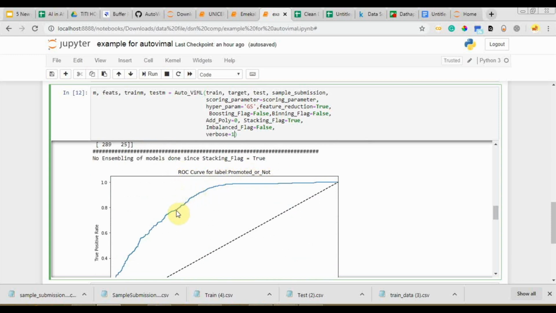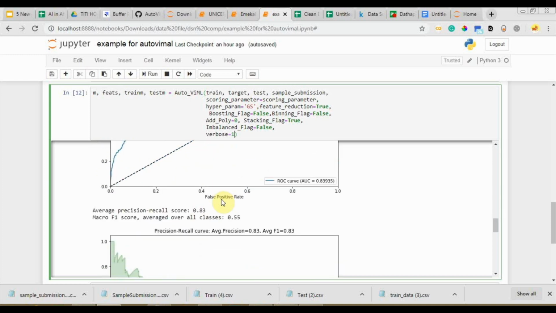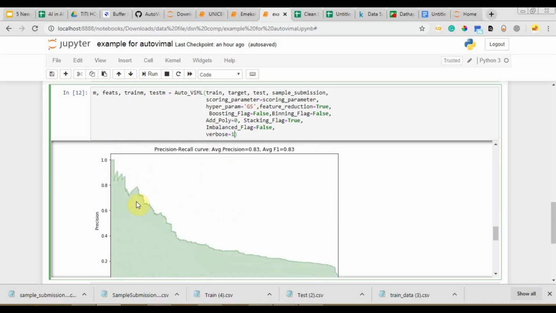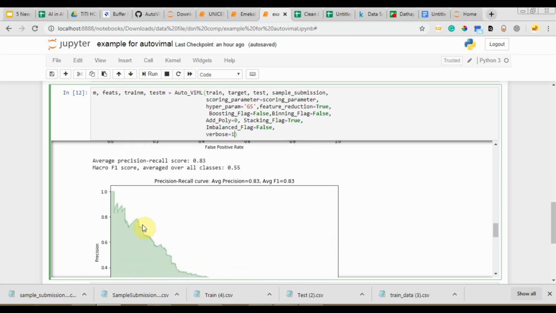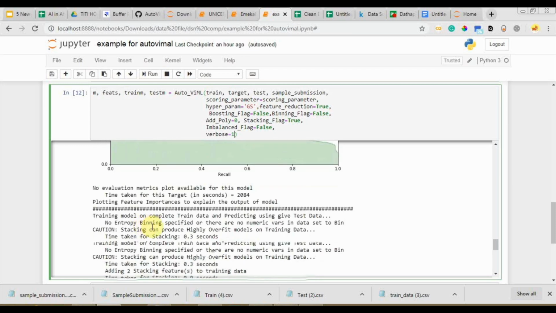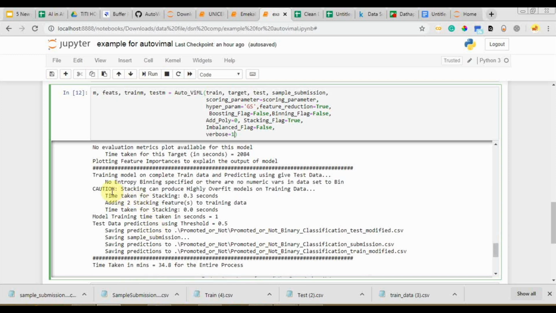ROC curve theory states that any curve that is close to the top left means the model has very good performance. So you can see this one is close to this area, and we have the precision-recall curve, which means the model has good performance. You can also see some reasons why